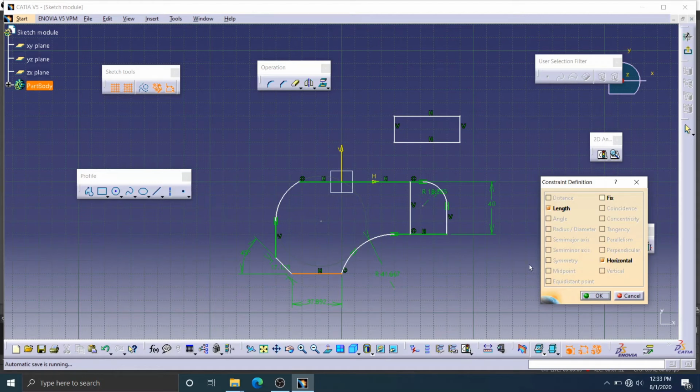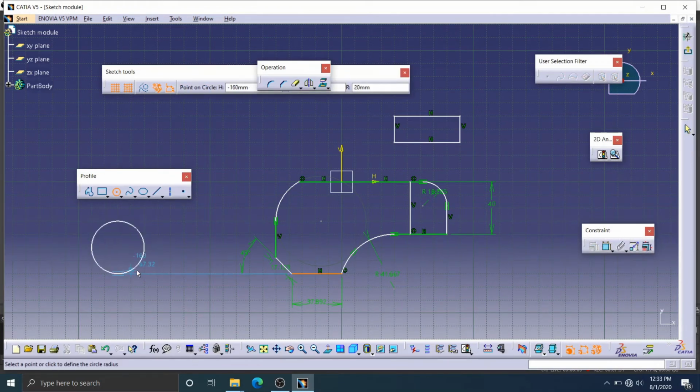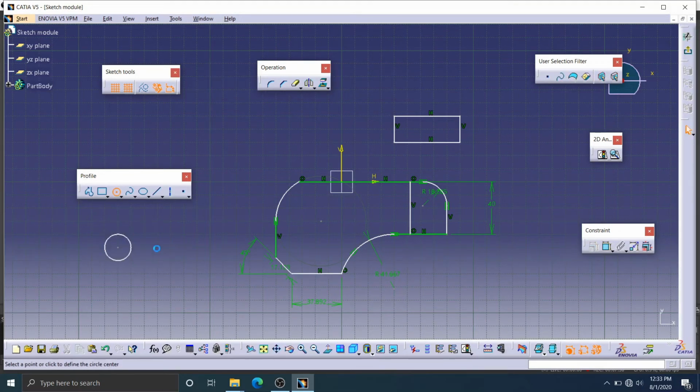So length is related to the constraint; length, horizontal, fix. Those constraints are enabled. Suppose I click two circles. This is my one circle and this is my another circle. If I want to select two circles,